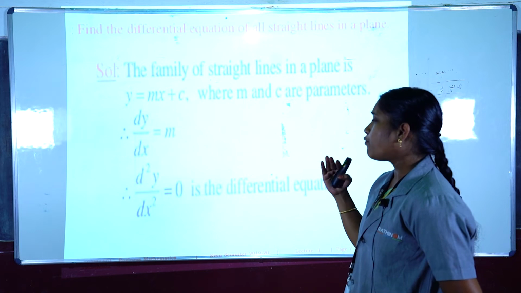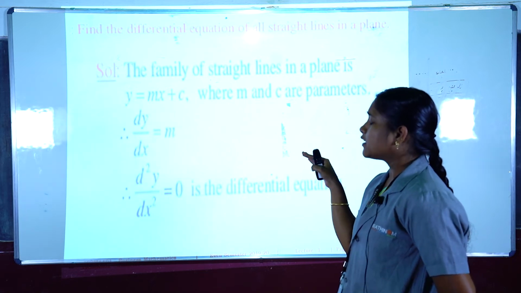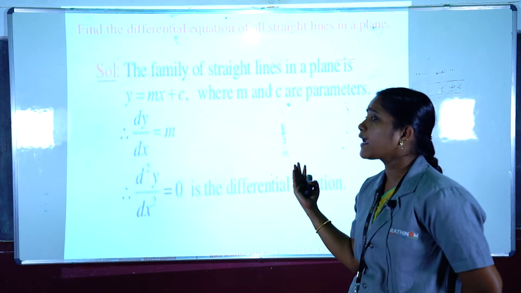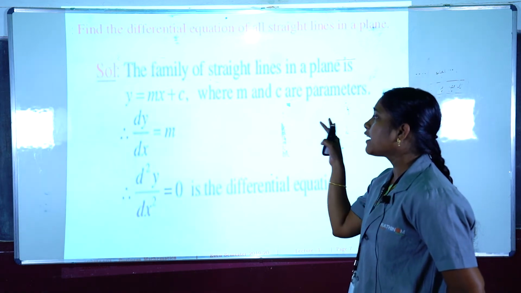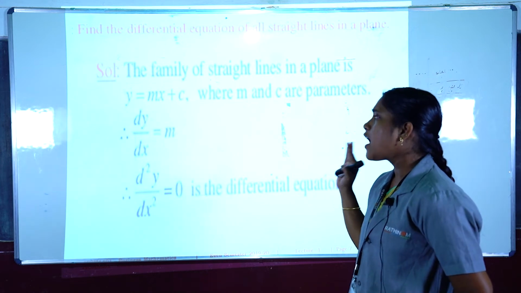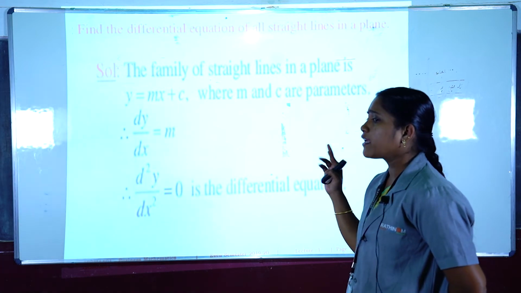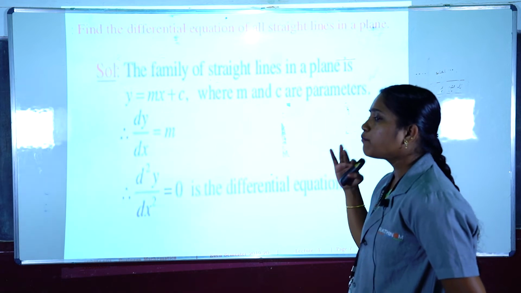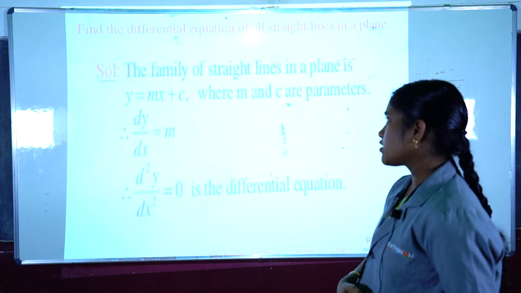So if we want to find the differential equations by using any kind of straight line equation or circle equation, we have to take derivatives. If we differentiate the given equation one time, we will eliminate one arbitrary constant, and if we take a derivative one more time, we will have a second order differential equation by eliminating both arbitrary constants. So this is the obtained differential equation.